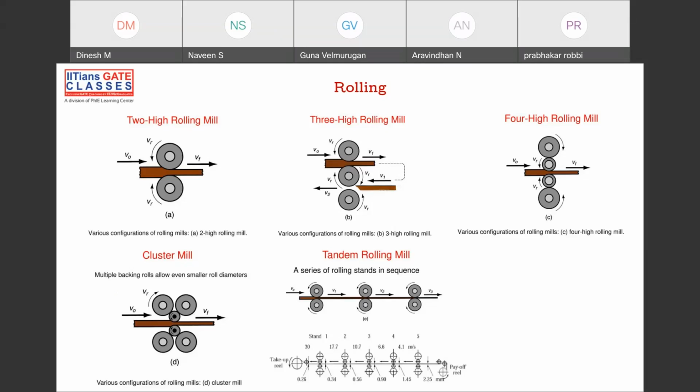If you're not heating it, then it's cold working. If you're doing a little bit of heating, then it's called warm working. Okay, we have seen these classifications in the first slide of our rolling, intro to metal forming. If not, go to the previous lecture and see the last 1 hour, you will get that. Okay, now